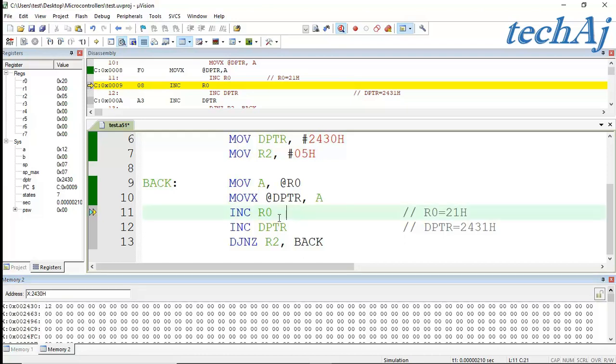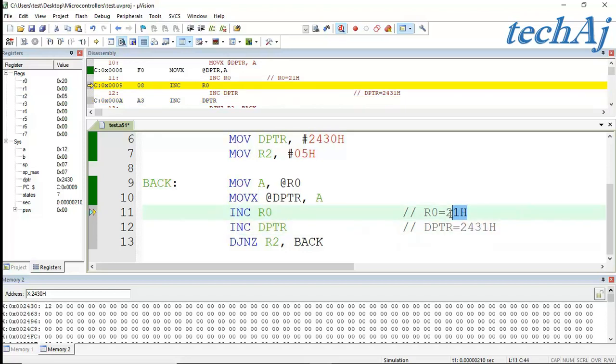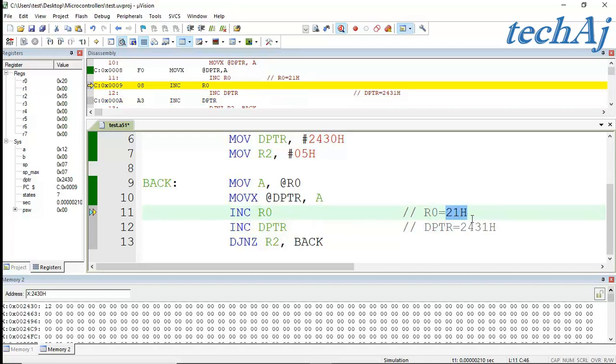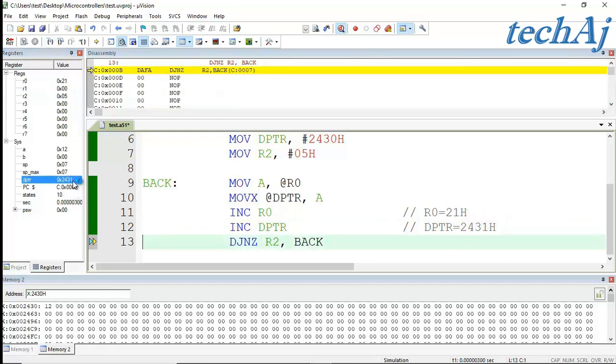In the next step, the value of address pointer R0 and DPTR will be incremented so that it can point to the next address location from which the data will be transferred. So if I click on the next step, R0 is incremented to the 21, DPTR is incremented to the 2431.